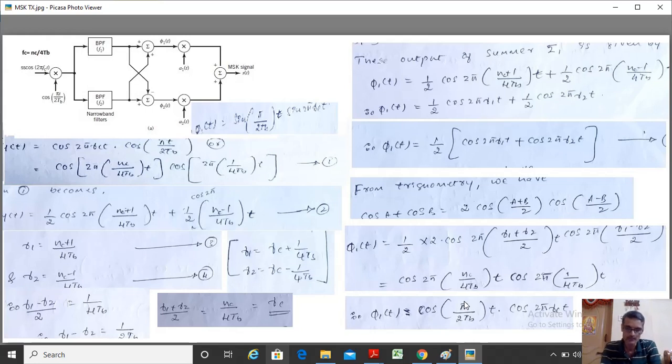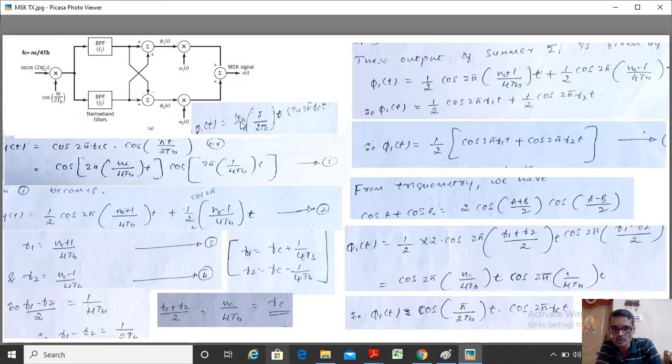This is what I need to get. That's what I'm generating over here. So in the second case, this signal and this signal are subtracted. That is, this component is minus of this component plus of this component. Is it right? Again, you apply the trigonometric rule, cos A cos B, cos A minus cos B, and all, you can apply.